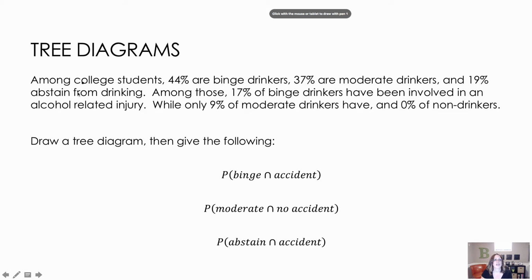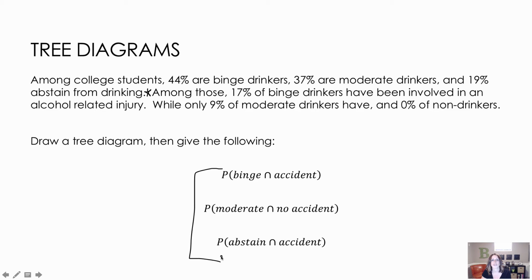Here I've got, among college students, 44% are binge drinkers, 37% are moderate, and 19% abstain from drinking. Now, why would I use a tree diagram for this? Because starting right here, I've got different percentages for different categories. So if you're a binge drinker, 17% of them have been involved in an alcohol-related injury, while only 9% of moderate drinkers and none of the people who abstain from drinking. So I'm going to make a tree diagram using all of these percentages,